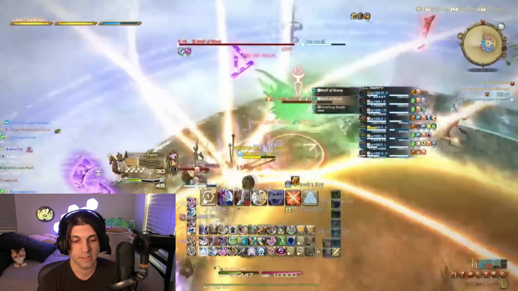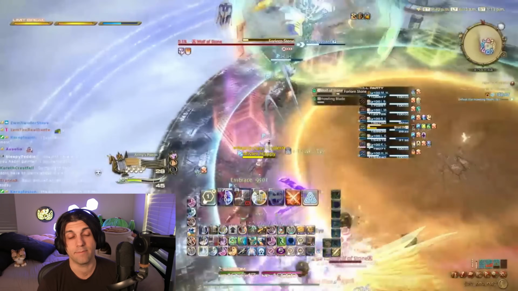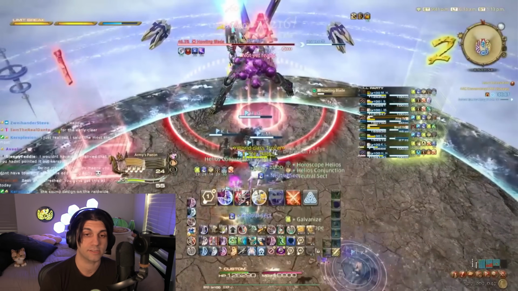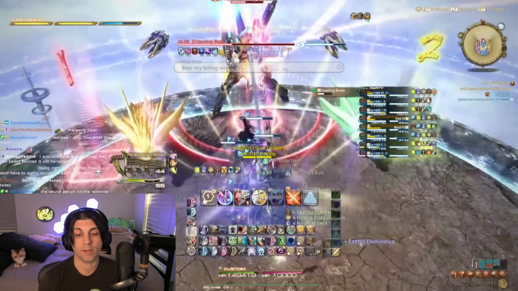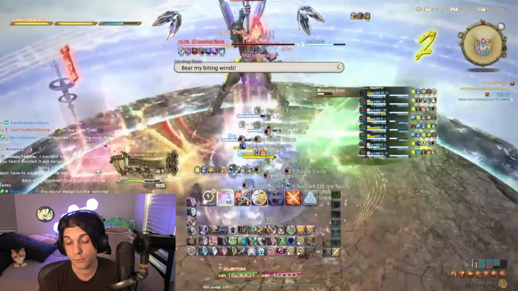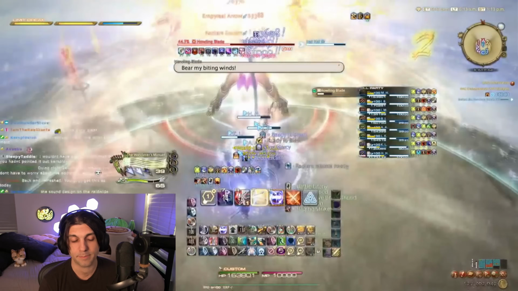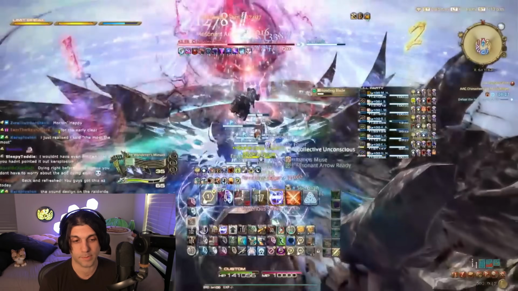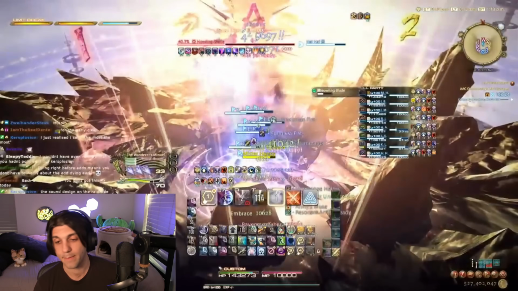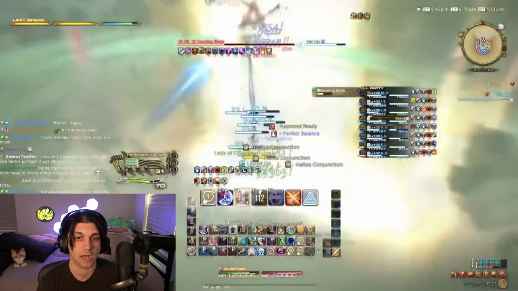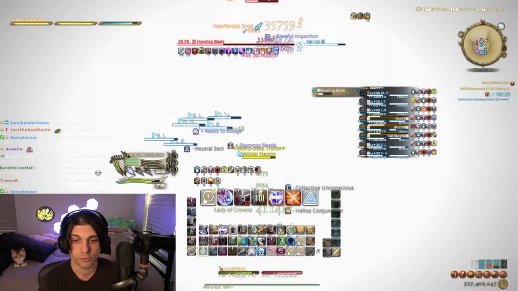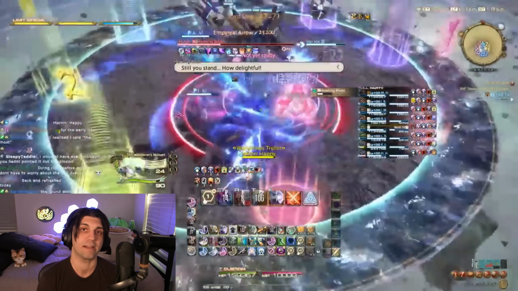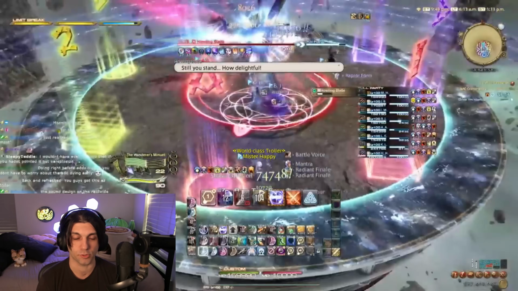So maybe we need to go thinking less about the future of tanking and more about the past of tanking, and what tanks enjoyed about certain encounters there, and then replicate some of those ideas in our newer content. And you can do it in easier content too. You don't need to make it ultra punishing, but if you give your tanks some sort of designed responsibility that's really exclusive to them and isn't just a part of the same cogs that everyone else is spinning upon, you make that role feel like they made the right decision playing that role. And they need to figure that out sooner rather than later.